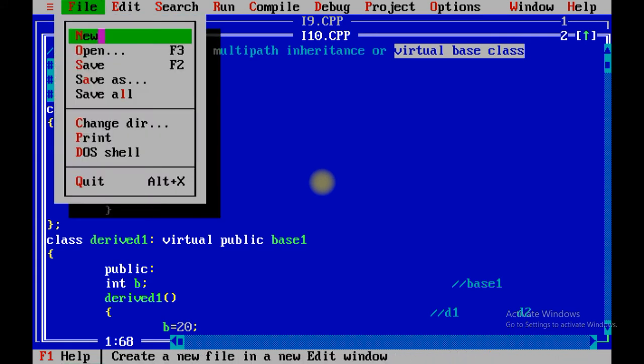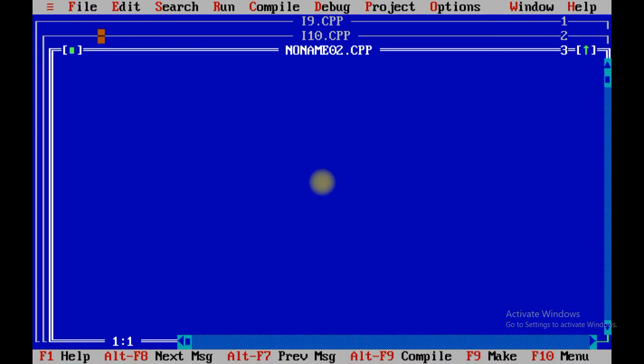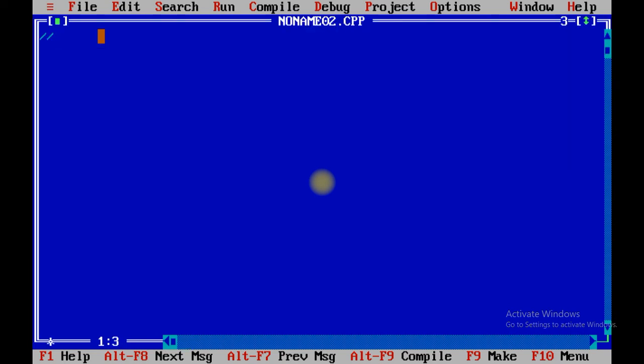Let me take one new program. This is the last program of today's session. Example of hybrid or multipath inheritance or virtual base class.